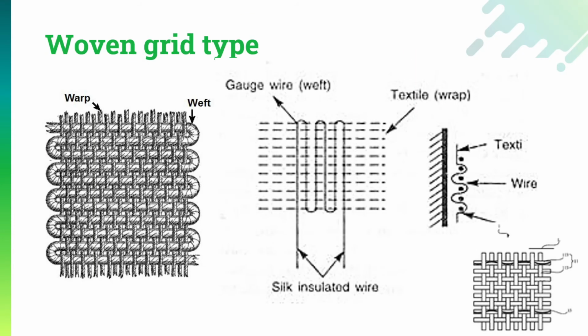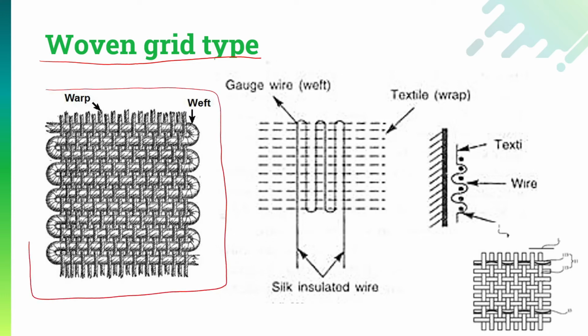The next one is the woven grid type strain gauges. Now very first, let us observe this material. This is basically a textile fabric. If you observe, there are two basic types of threads. The first type of thread is known as the warp. The second is known as the weft. In this case, along with the weft material over here, the strain gauge wire is going to be connected, or it will replace the weft material. And second, the warp is going to be as it is.